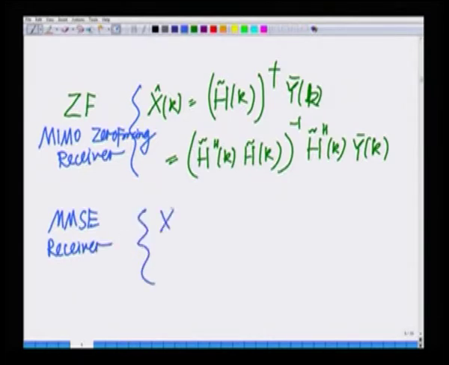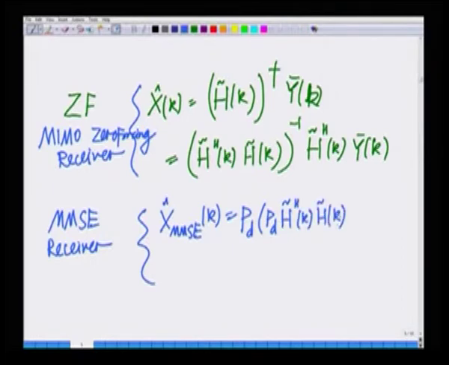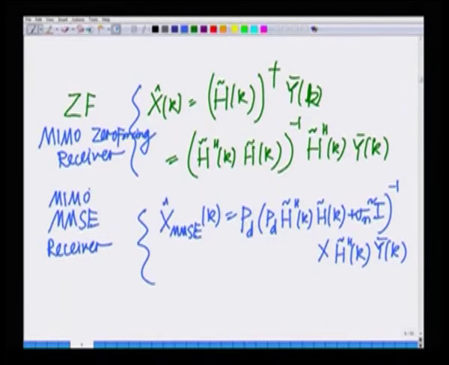receiver across the kth subcarrier, which is x hat k MMSE. The MMSE receiver is given as follows, that is nothing but PD, that is the data power PD h tilde Hermitian k h tilde k plus sigma n square identity inverse into h tilde Hermitian k into y bar of k. This is in fact the MIMO MMSE receiver. We are saying that the MIMO MMSE receiver is such that it estimates x hat MMSE of k